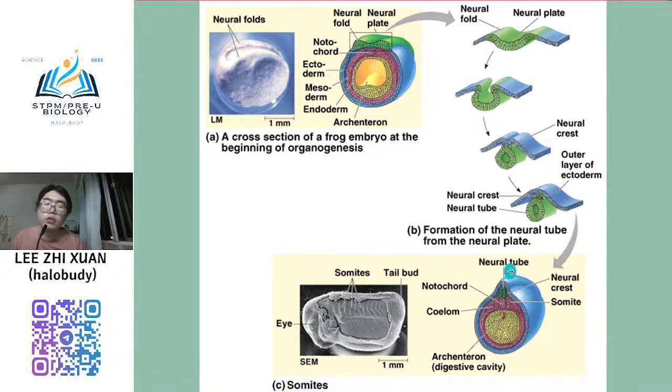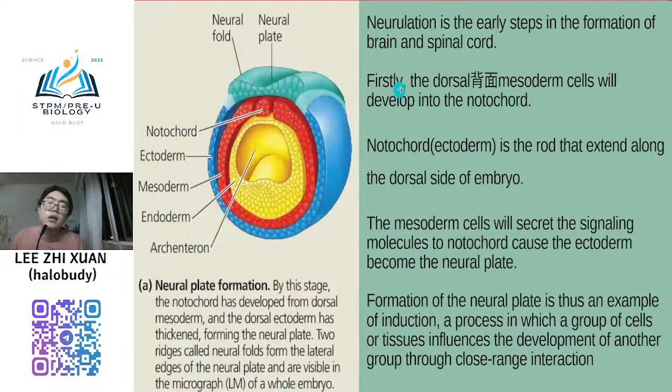of the neural tube. Okay. So normally, organogenesis will begin with the neural plate formation first. Neurulation is an early step in the formation of the brain and the spinal cord. So firstly, this one is the end step of